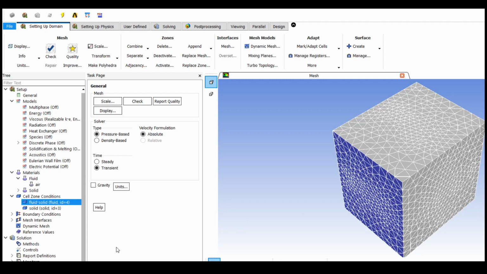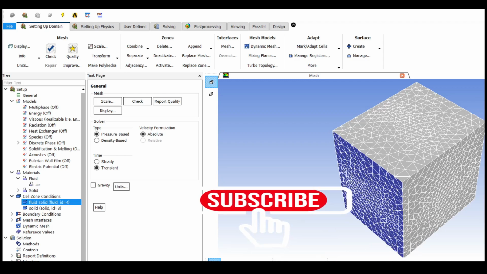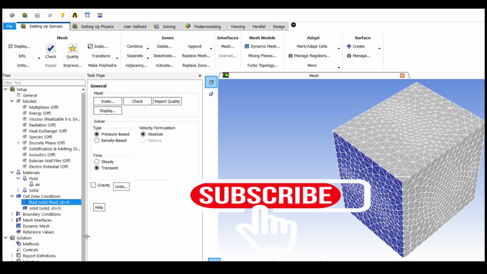The Z value has to be set to 1, and the rotational velocity can be either in rpm or in radians per second. Here I am specifying the unit as radians per second, that is 100, and I have changed it. Other things need not be altered. Okay, after that click OK.